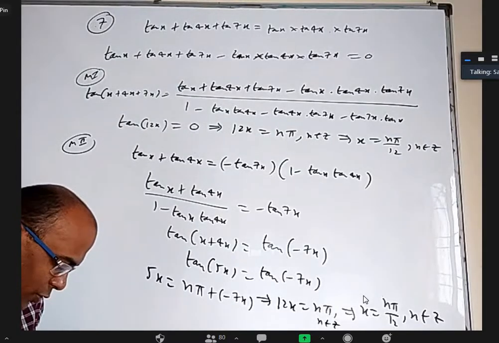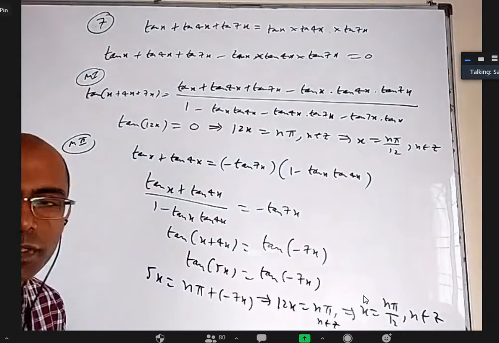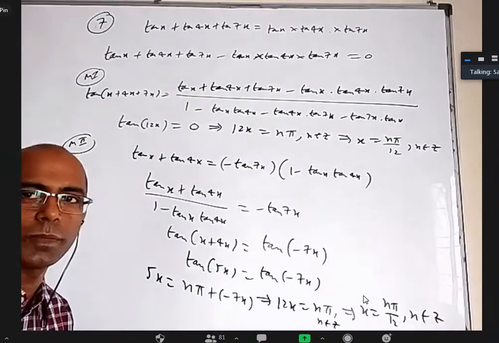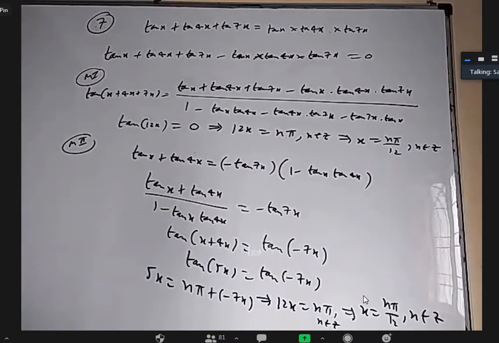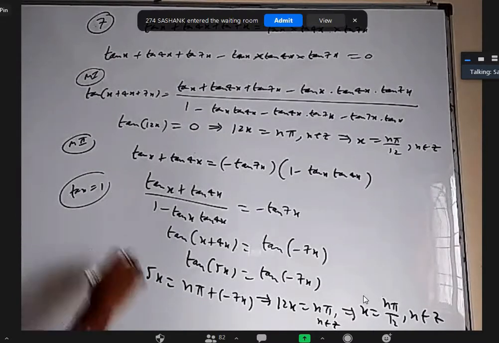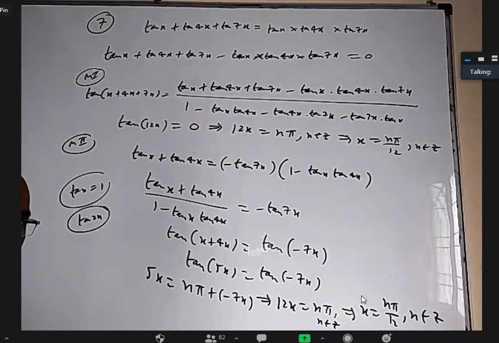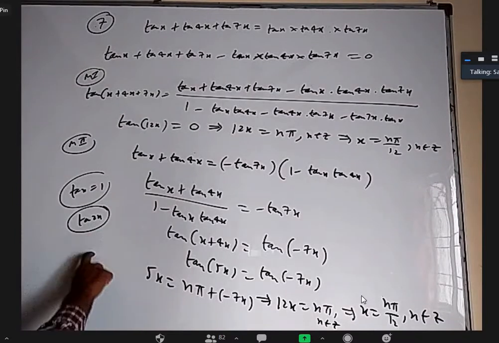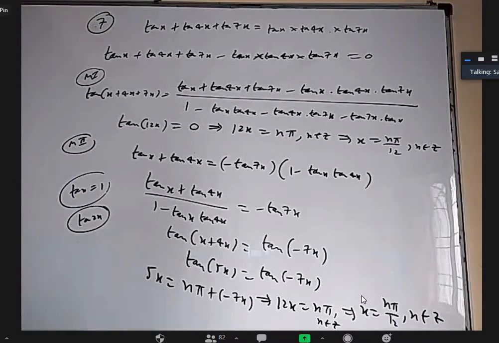How? One may say it is such a simple question. The problem is sin x is always defined, cos x is always defined, tan x is not always defined. Whenever x is pi by 2, 3 pi by 2, tan is not defined, right? So here, when you got tan x equal to 1, you'll get x equal to 45 and 225 and all. But whenever tan x is 1, tan 2x is not defined. What is the formula for tan 2x in terms of tan x? 2 tan x by 1 minus tan square x, and when tan x is 1, its denominator will be 0, it will be undefined. Or you can say when x is 45, 2x will be 90, tan 90 will not be defined.